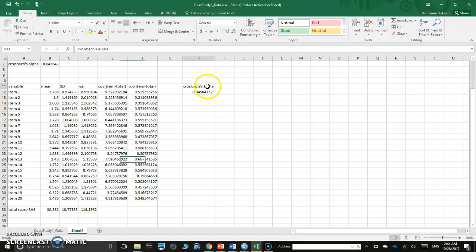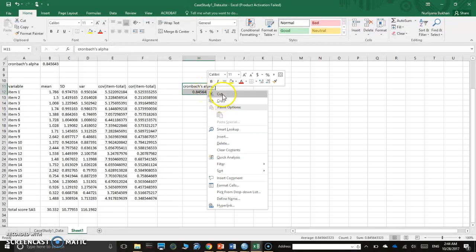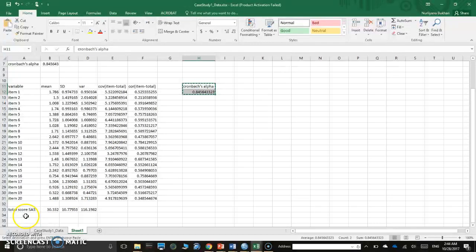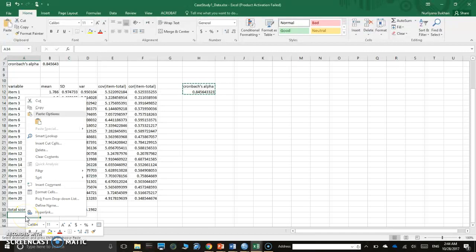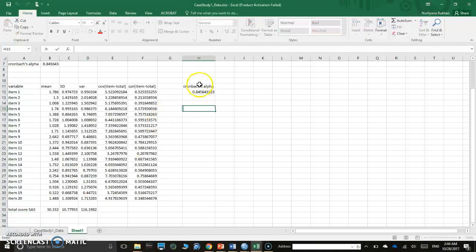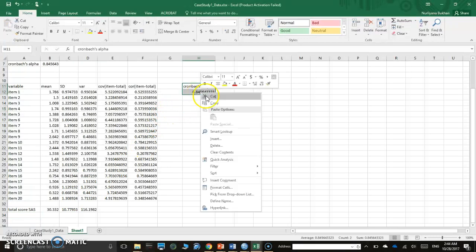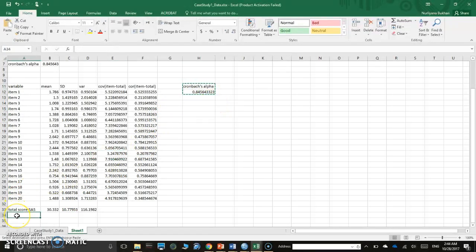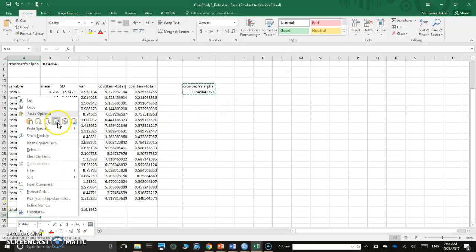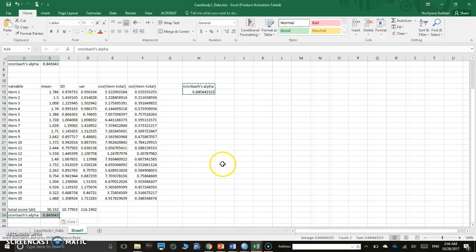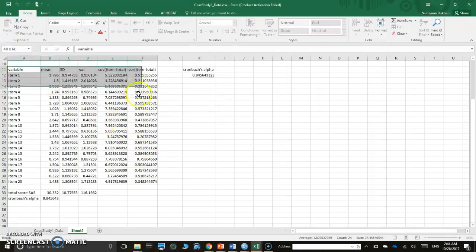And here we have one Cronbach alpha sitting by itself over there, so I'm just going to bring it over here, together with the rest of the group. I'm just going to cut it. Oh, it seems like if I cut it, I cannot transpose it, so I'm just going to copy it, and then I'm going to paste it by transposing it. And there you go. I have my Cronbach alpha down there. Okay, so now I have this